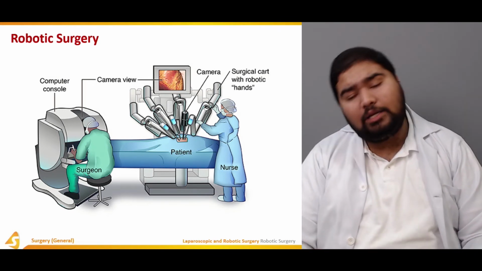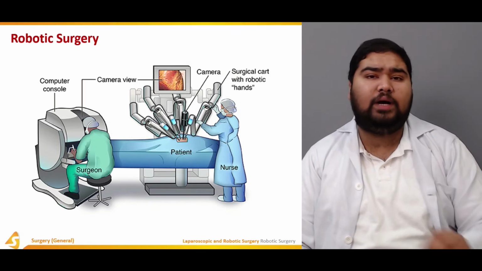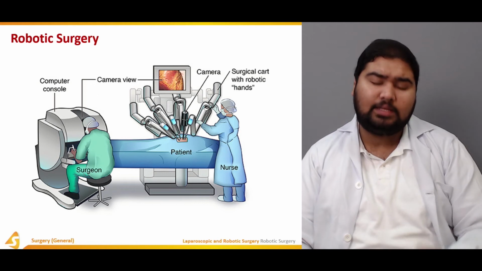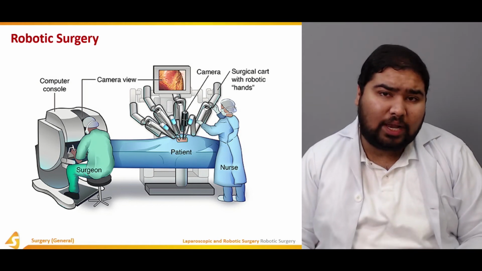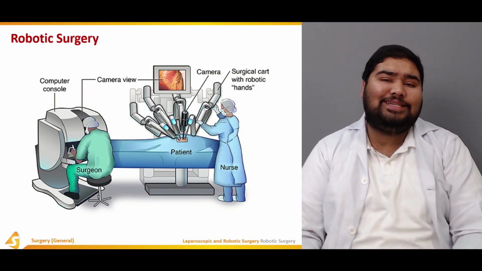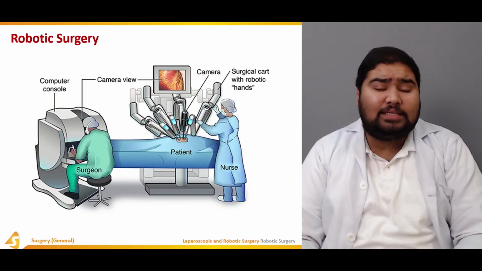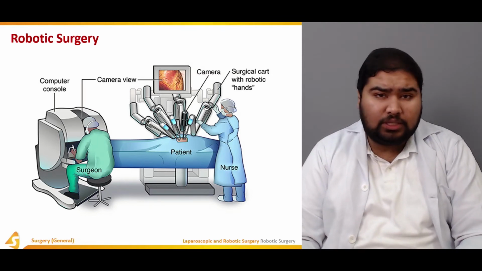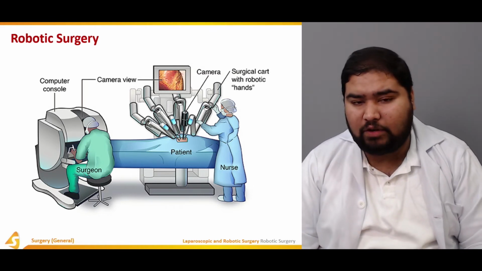Now, for cardiothoracic surgery operations, you need not stop the heart or put it on bypass. Robotic surgery can compensate for the beating heart as well. This also aids and facilitates the surgeon in the sense that the surgeon is sitting. Sitting is a relatively comfortable position. The surgeon is not standing, so the surgeon is not tiring himself a lot.